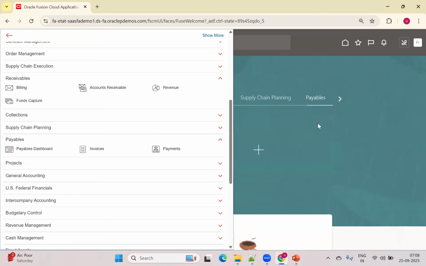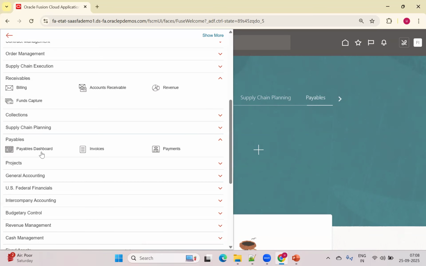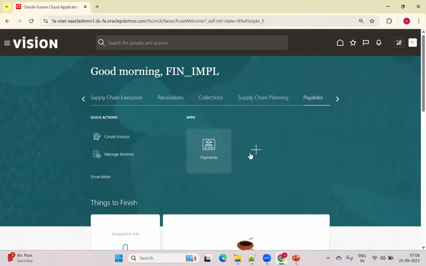But in the springboard, some of the options may be missing. Like in the payables module, if you go to the info tile or the work area, we are seeing only the payments work area. But in the navigator, we are seeing two more work areas, like the payables dashboard and invoices. So how to enable these additional work areas? In the springboard, if you want these additional work areas, you can click on this plus icon over here,